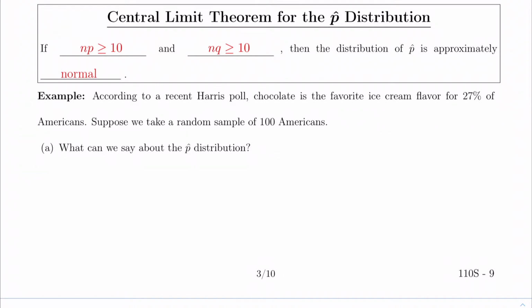Now let's look at the central limit theorem for the p-hat distribution. What the central limit theorem essentially says is that if you have n times p greater than or equal to 10 and n times q greater than or equal to 10, then the distribution of p-hat is approximately normal. What this means is if you were to take your p-hats from all of your samples and summarize them in a sampling distribution for p-hat,